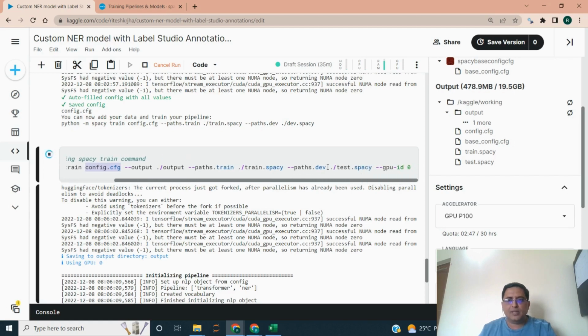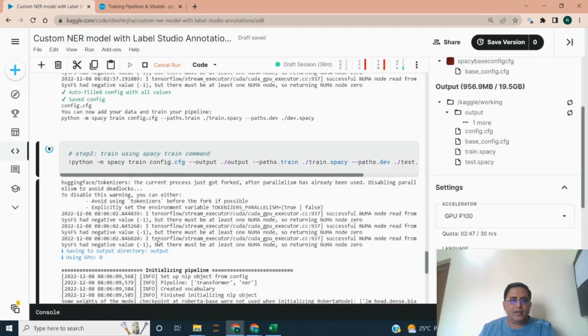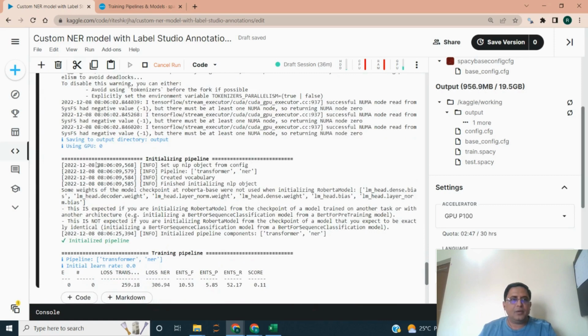In case you do not have the dev related data, then you can just put it here, train.spacy, right? Both the paths are provided, and then we have also provided the infra here, which in this case happens to be the GPU. Okay. So here we have already started